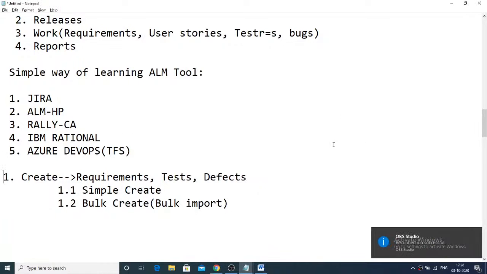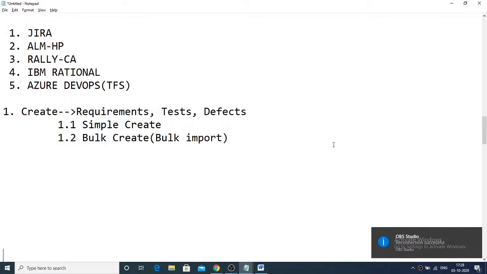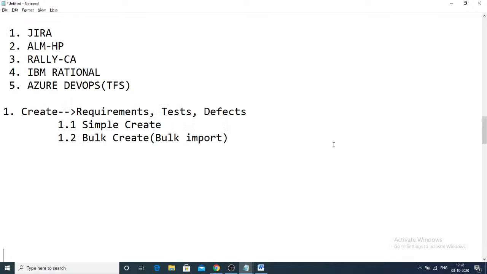So you can see here, the last 10 minutes are for doubts clarification, so allow me more time to explain the concept of how an ALM tool works. Whenever you are learning, the simple way is to first learn how to create. It could be a defect, bug, task, ticket, story, requirement, new feature, enhancement, whatever it is, how